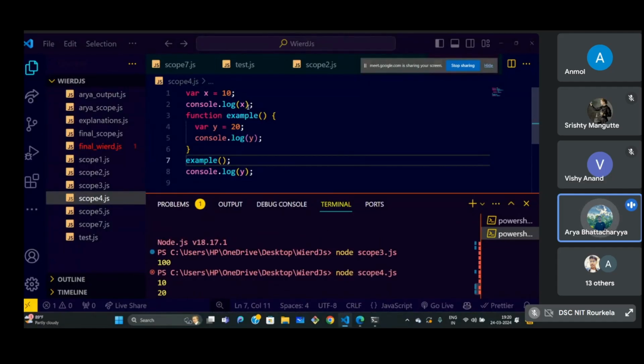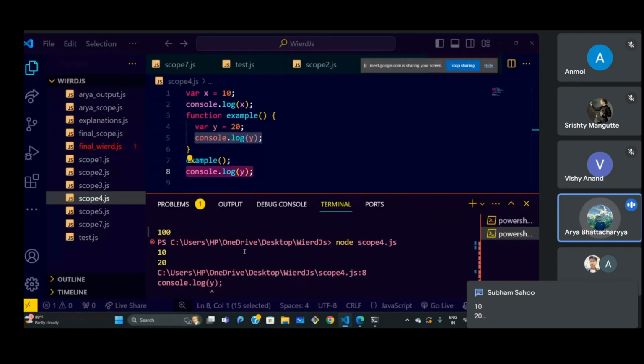10 and 20 are very intuitive. 10 is being printed here and we are consoling 10, so this would of course console 10 to the terminal. Here there is 20, so this would always output 20, irrespective of whether I use let or var, as long as the var is inside the function. So this var is function scoped, so it works only inside the function, but as soon as we try to access it outside of the function, as we have already learned, this would create something called a reference error.